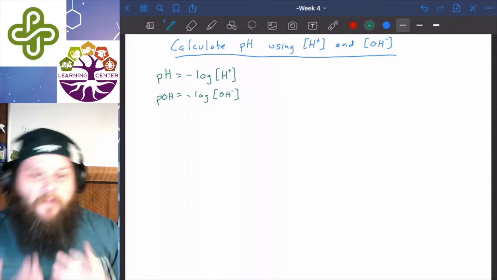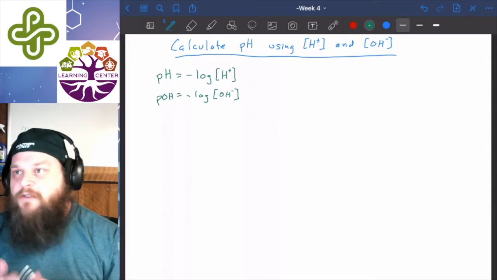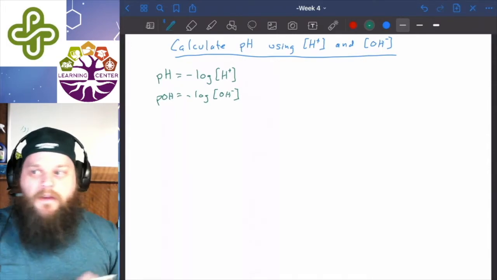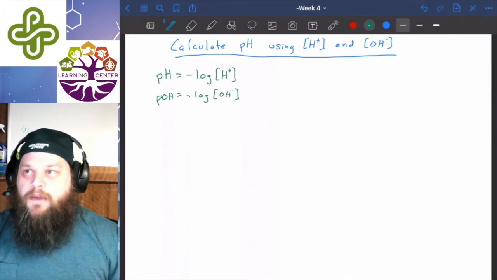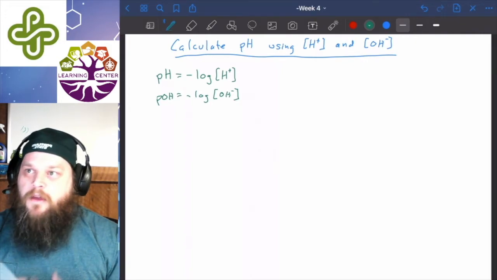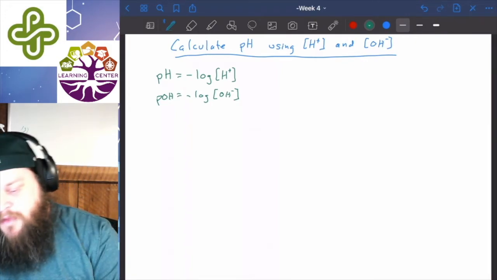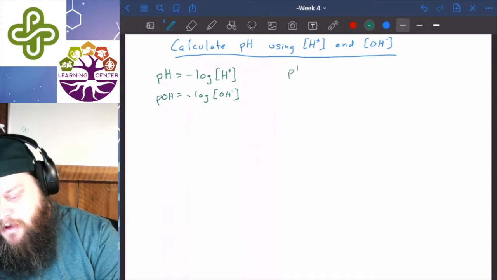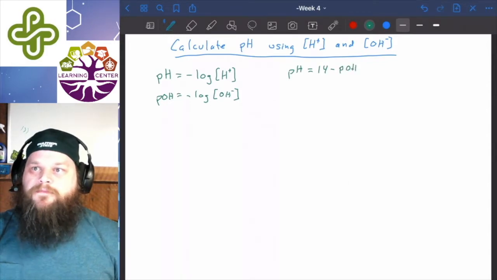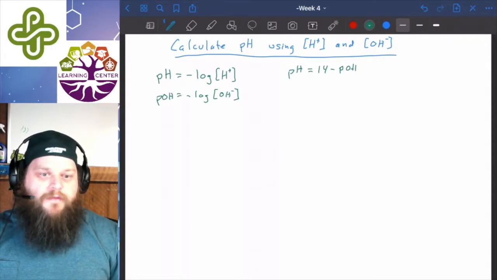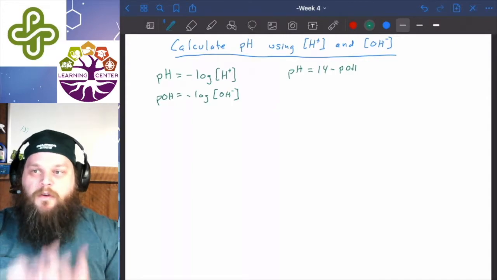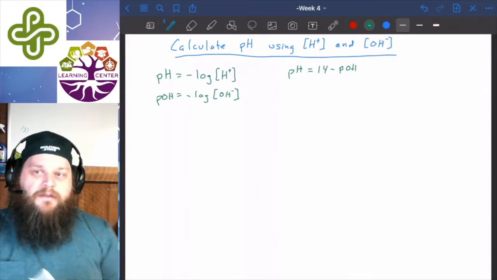You guys should be fairly familiar with this at this point. If you're still struggling with this, definitely make an appointment with the tutoring, and we'll make sure you can understand everything properly. But this is the basic idea on calculating the pH if you have the concentration of hydronium or hydrogen ions. You can always find the pH if you know the pOH, because that's going to be equal to 14 minus the pOH. And this works for strong acid. If you have any volume of strong acid, you can always find out the concentration of that and then use it to find the pH.